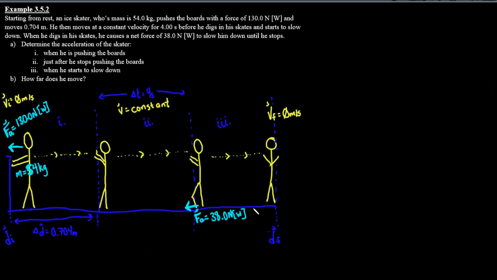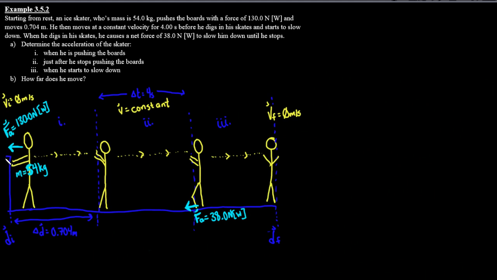Okay, and that last example we did from chapter 3. Remember, this is the one where I was saying just because we're in forces doesn't mean we can forget what we learned in chapters 1 and 2 in terms of kinematics. So example 3.5.2 says, starting from rest, an ice skater whose mass is 54 kilograms pushes the boards with a